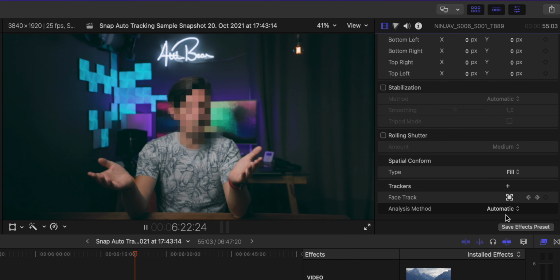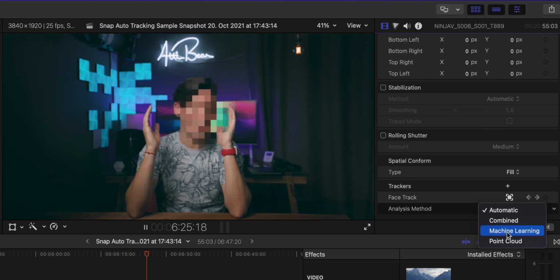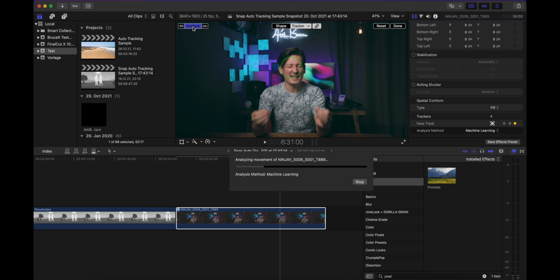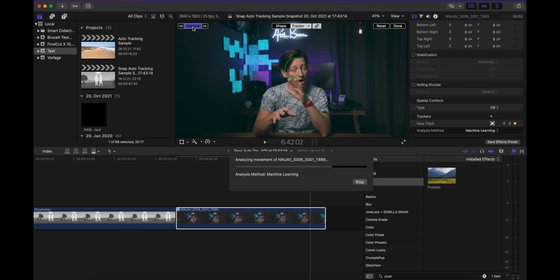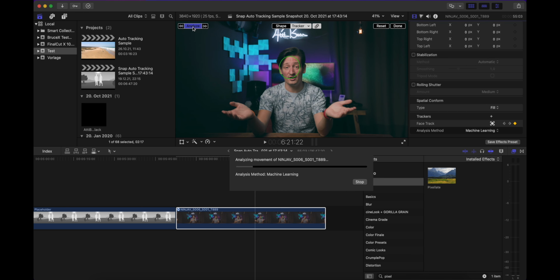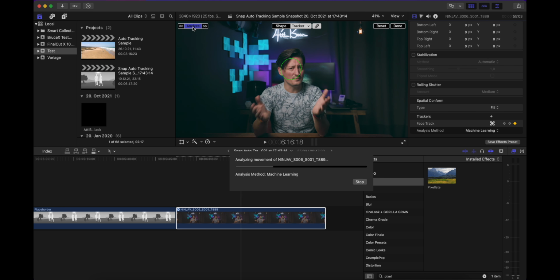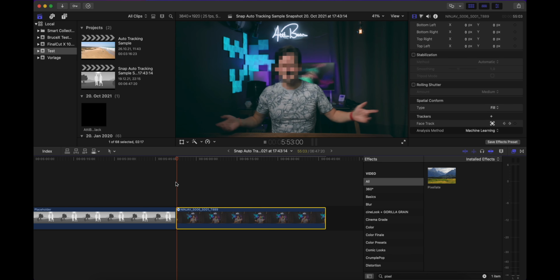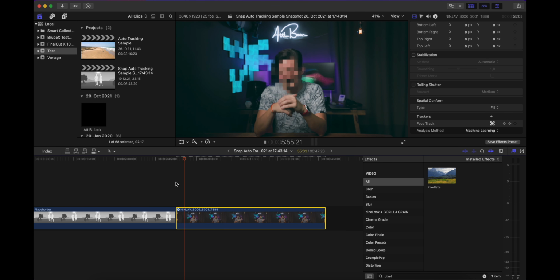But now let's see how we can do this if we set it to machine learning. Once again, hit analyze. I'm not kidding you, this is real time. Boy, this is quick. You cannot do this with any kind of other software at this kind of speed. This is blazing fast. If you do this with whatever other software you have at home, you will not be able to do any kind of recognition or tracking at this kind of speed. No way. Once again, let's check the result. Here you go. Boom, we have a pixelated person within seconds.